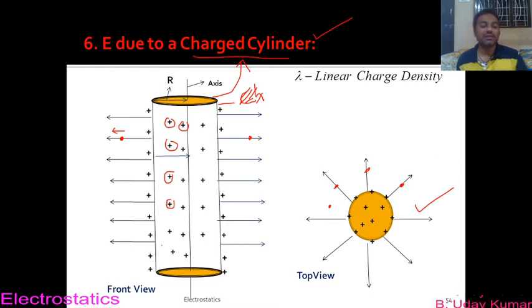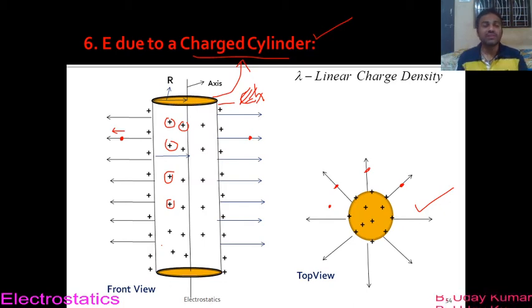In case of linear charge distribution, whatever the formulas or derivations, in this case the electric field intensity, we can study in terms of lambda, which is called linear charge density. Is that clear? I hope you remember that. Okay, different kinds of distribution and the terms with which we can study those distributions.